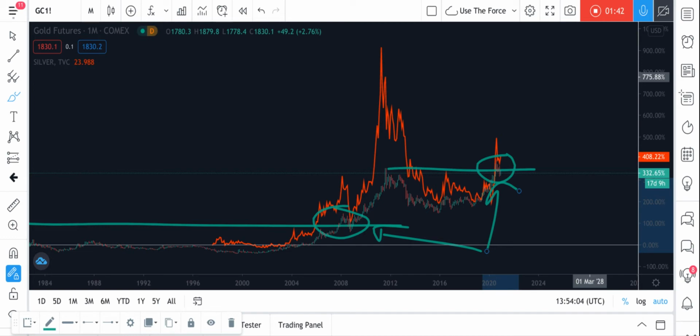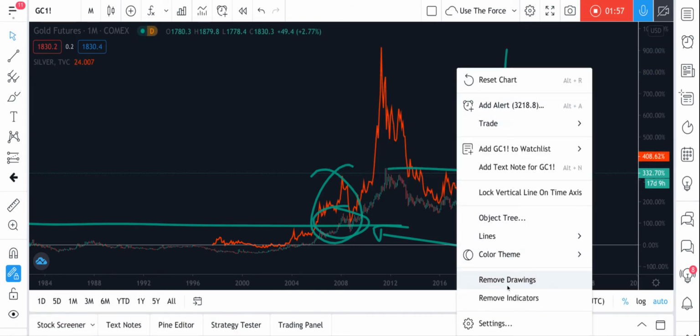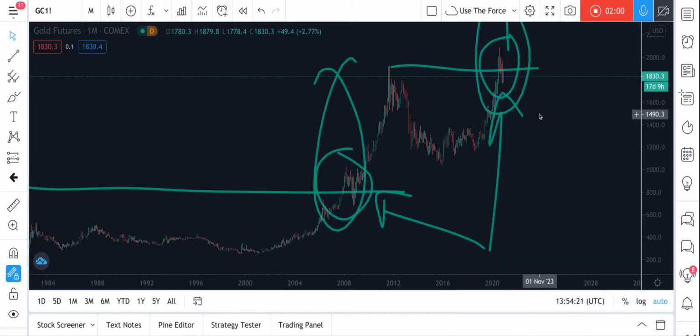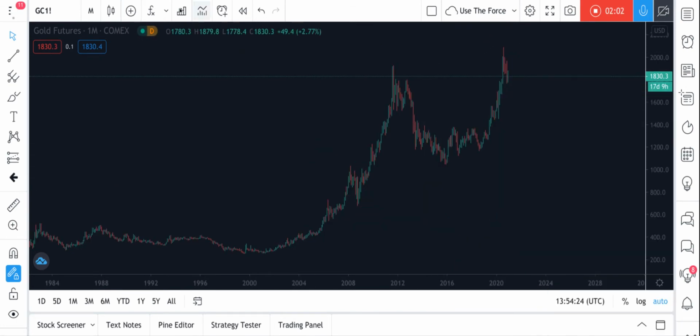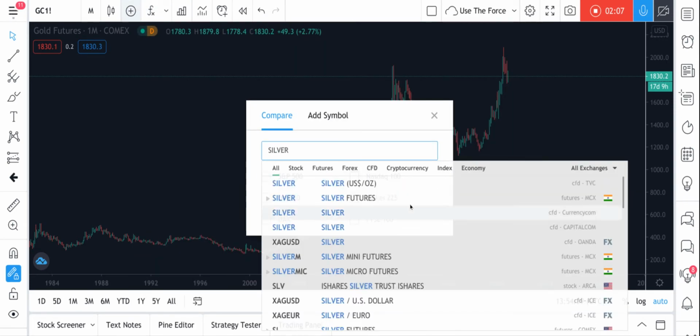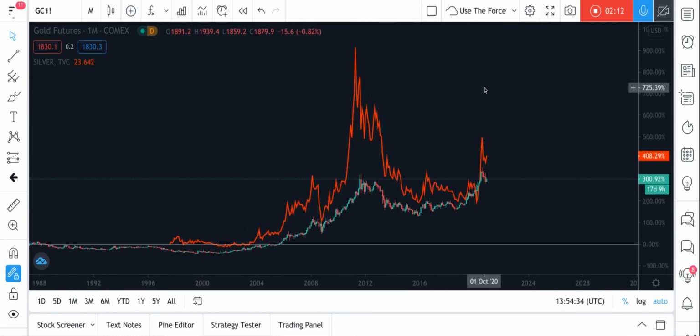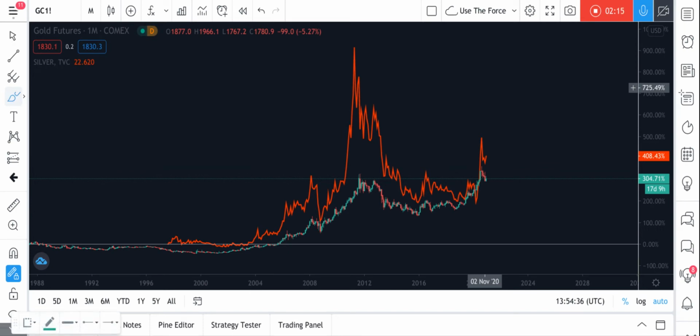But one thing I'll point out, if we are here and here, silver bulls think we're going like this now. We might not. We might actually, I'll clear all the stuff. Put silver back on. For silver, you can just use the normal ticker because the silver futures charts that I've seen don't really add that much. They certainly don't run as far back as GC1 does.